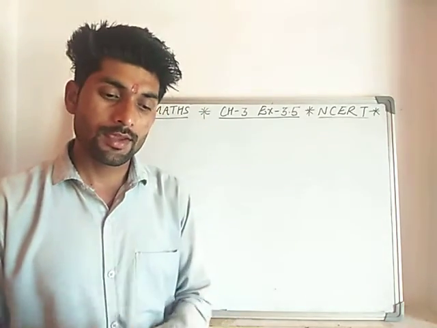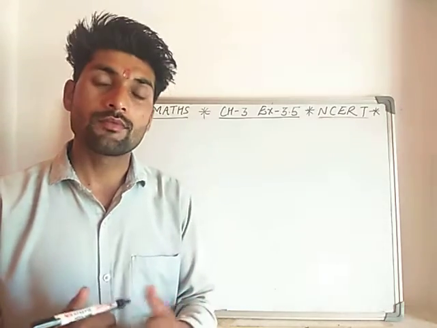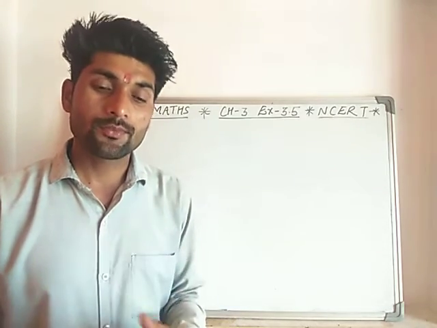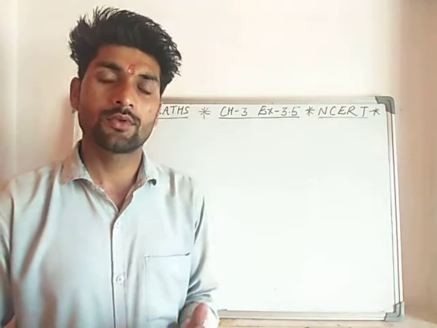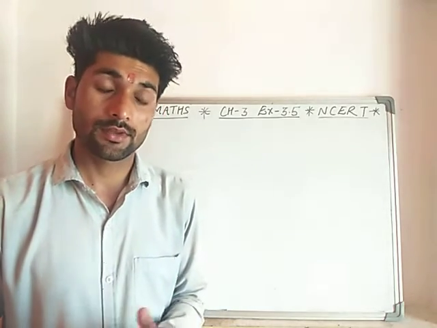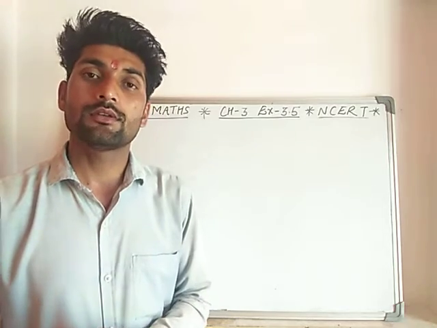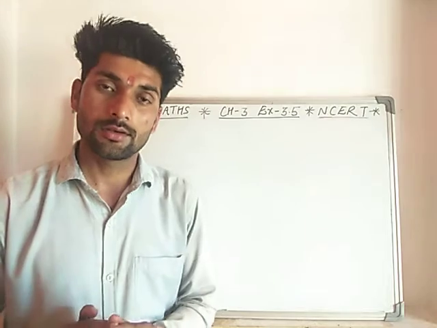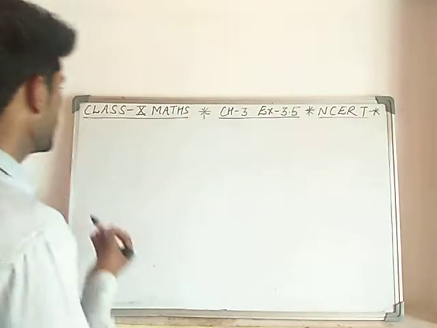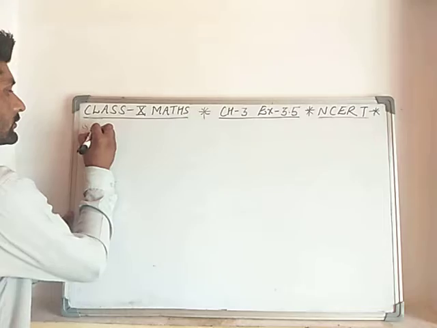We have four parts in the first question, which are pairs of linear equations. We have to check whether they have a unique solution, no solution, or many solutions. And in case there is a unique solution, we have to find it by the cross multiplication method. So let us solve the first question,